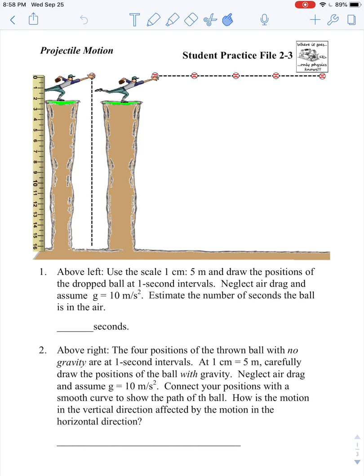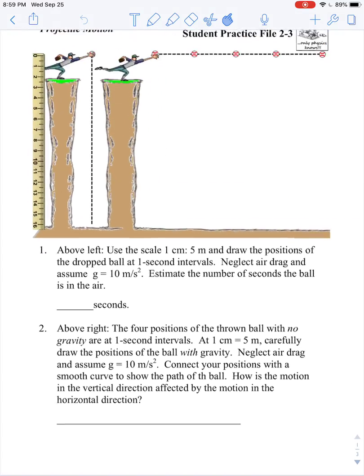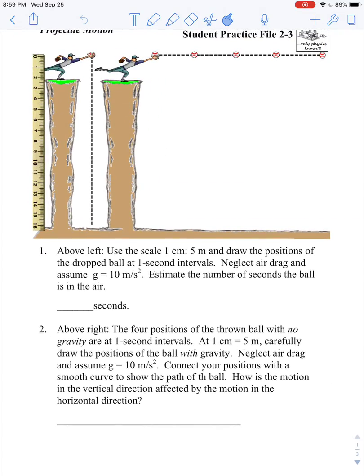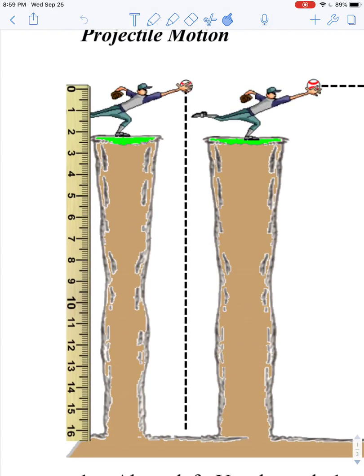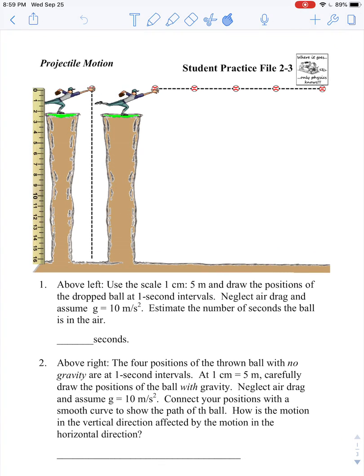Looking at question 1, it says above left, use the scale 1 centimeter is equal to 5 meters. So you've got these baseball players on top of this cliff, and then you've got this metric ruler here. These are in centimeters, and so there's an equivalence here that we're going to use for the calculations that we do in meters, translated into centimeters using that ruler. Anyway, so going back to question 1, above left, use the scale 1 centimeter is equal to 5 meters, and